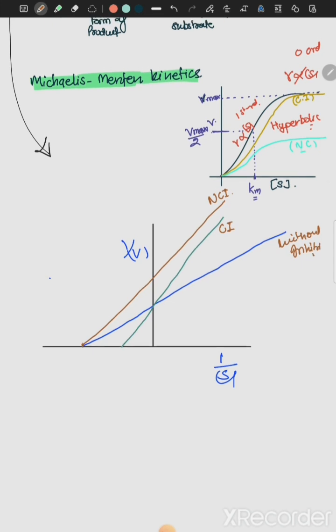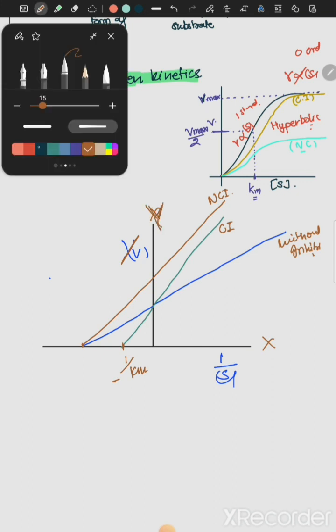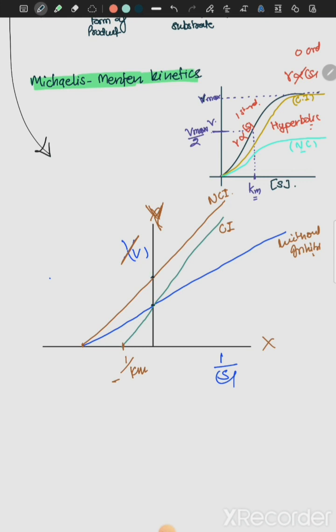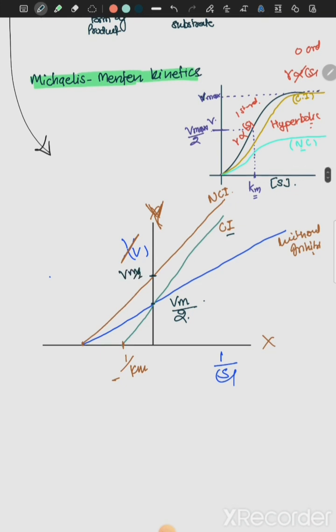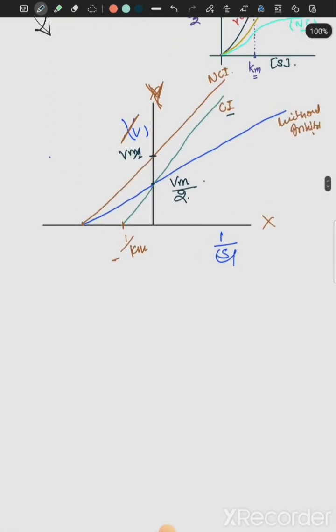This value, this is actually substrate concentration, so it is the Km, again the same as the previous one. Because it is on the negative side, it is 1 by minus Km. And the point where the y-intercept occurs, because this is the x-axis, this is the y-axis, so this point here is the 1/Vmax. So in case of competitive inhibition, you can see that Vmax is constant, but Vmax changes in case of non-competitive inhibition. Now the trick in the USMLE First Aid has been given,